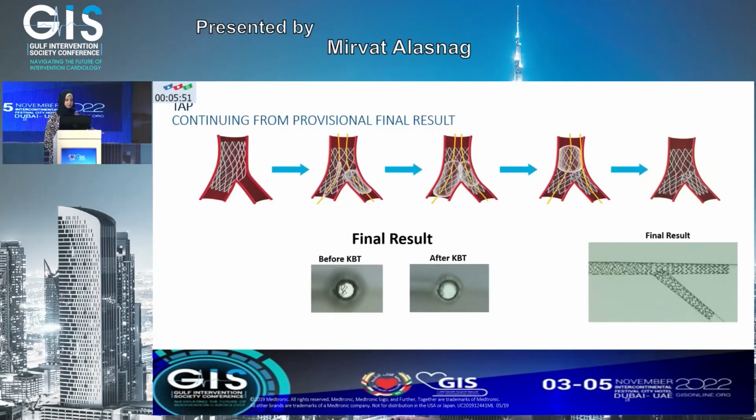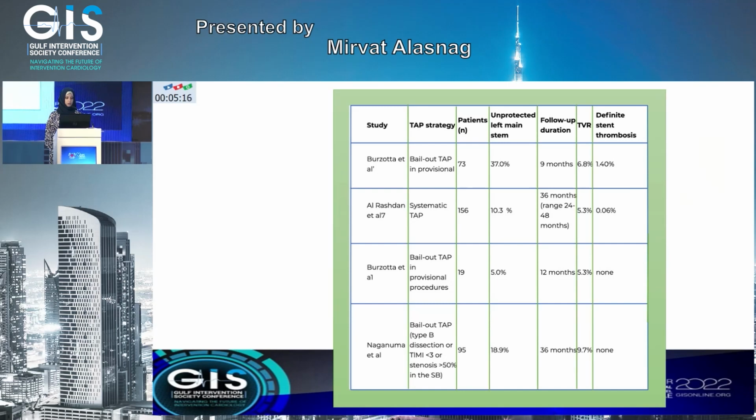And this is the final result after we did a TAP technique in this patient, both cranial and caudal views. So very quickly, before kissing balloon inflation, you look at the short axis and you can clearly see the protrusion. What you're doing after a kissing balloon inflation is getting the struts all into their right place. So A, you want to get the right configuration when you're doing sequential inflations. And when you're doing your proximal optimization, you're staying away from the carina. I forgot to mention that when you're doing a kissing inflation, the other thing that you're doing is actually centralizing the carina. So you're allowing it to be centered and to give you a more normal